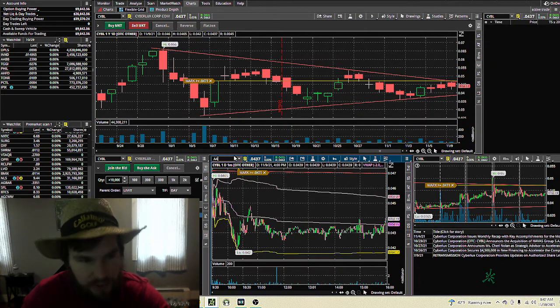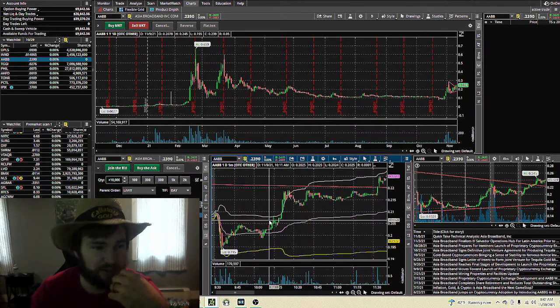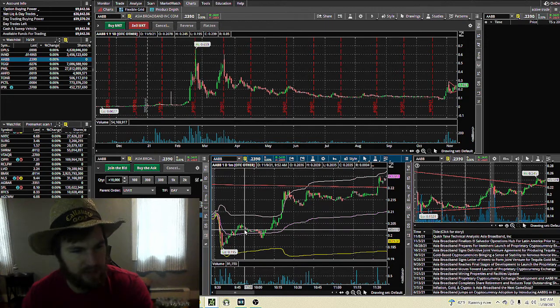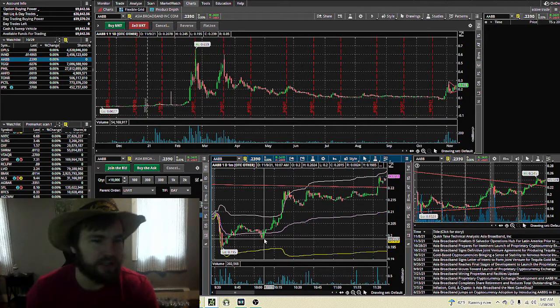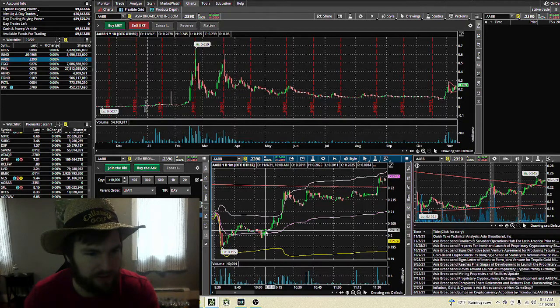And then the next one is AABB. Now this one set up yesterday very, very well for a dip and rip idea. I was watching it as it set this higher low. I thought this was a higher low here after that volume candle. But then when it dipped back down below 0.2, I kind of stopped watching it, and that's my fault. It turned out to be a perfect dip and rip pattern. If you had bought in after it set the higher low here,